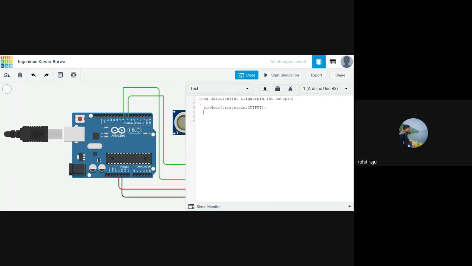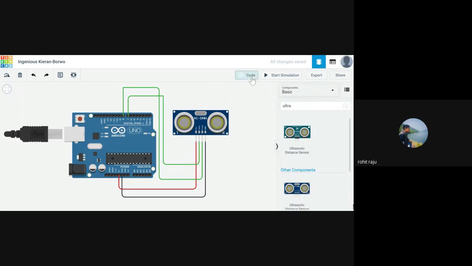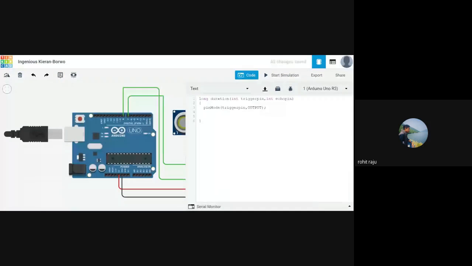First thing we need to make sure is to clear any residual signal. If there is any residual signal, we need to clear that. As a safety, we will put this as low, so we'll use digitalWrite. Put the trigger pin low. This is optional, but you need to do it to make sure to clear any residual signal, right? We don't want to put this low for a couple of seconds, so we use a delay function.